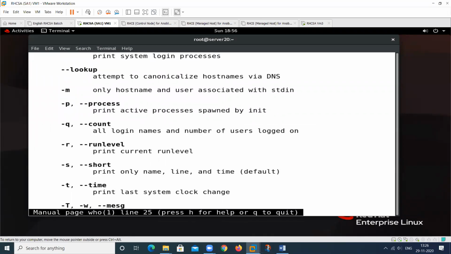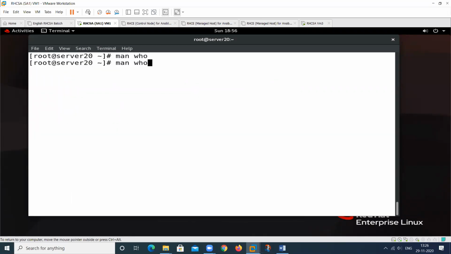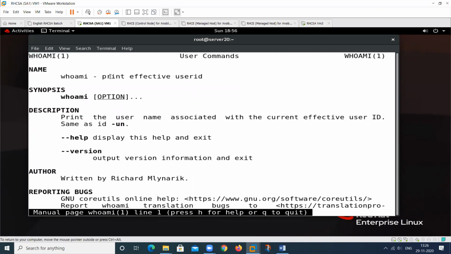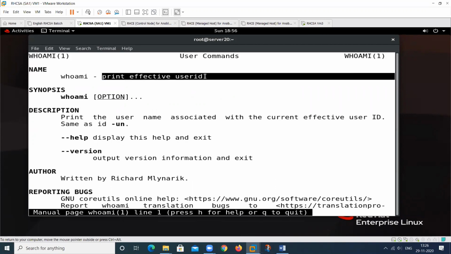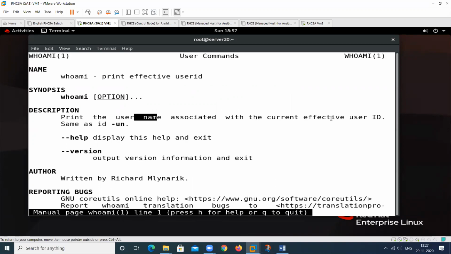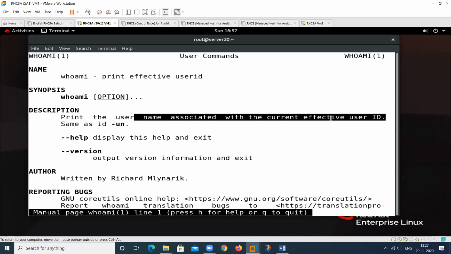And we want to check this one, whoami. It only prints the effective user ID of who is currently working on that particular console, that particular terminal. That is the effective current user ID information.